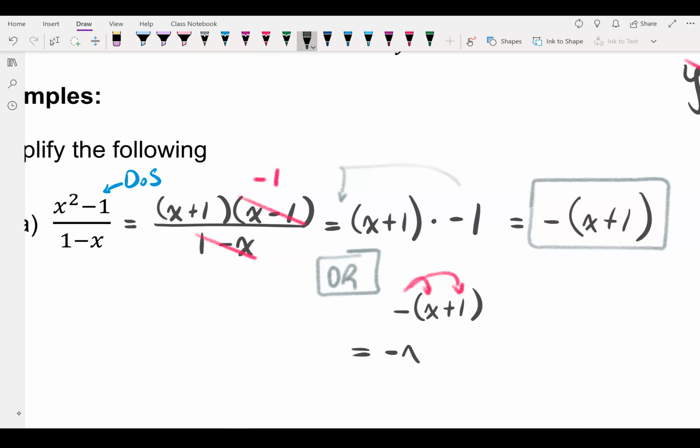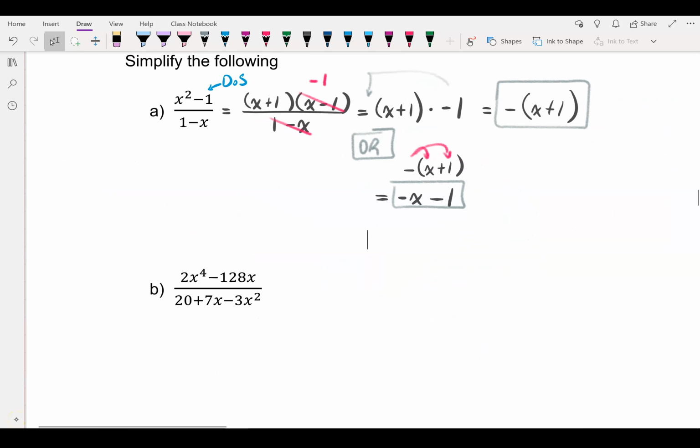It'll give us a -x minus 1. And some students write that as their final answer, and that would be okay. There's nothing wrong with that. You're just kind of doing a little extra work that you didn't need to do. So this question's finished. I'm going to move on to the next question, and I'm going to brace you for